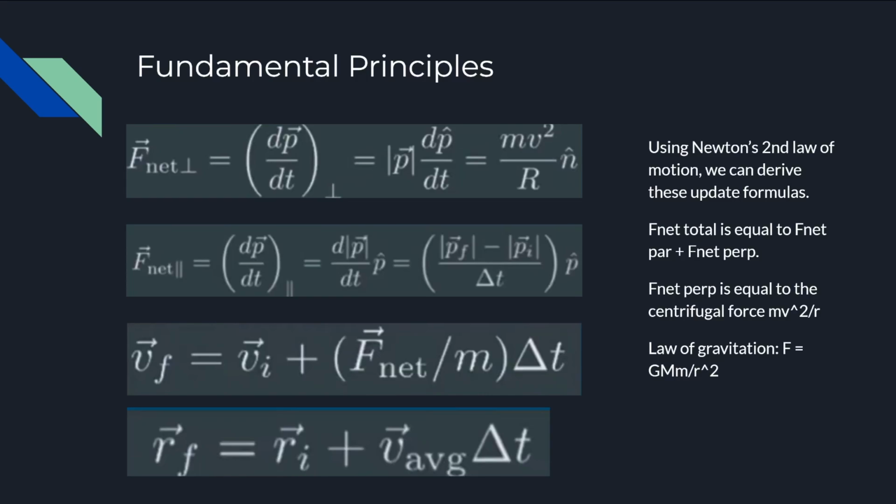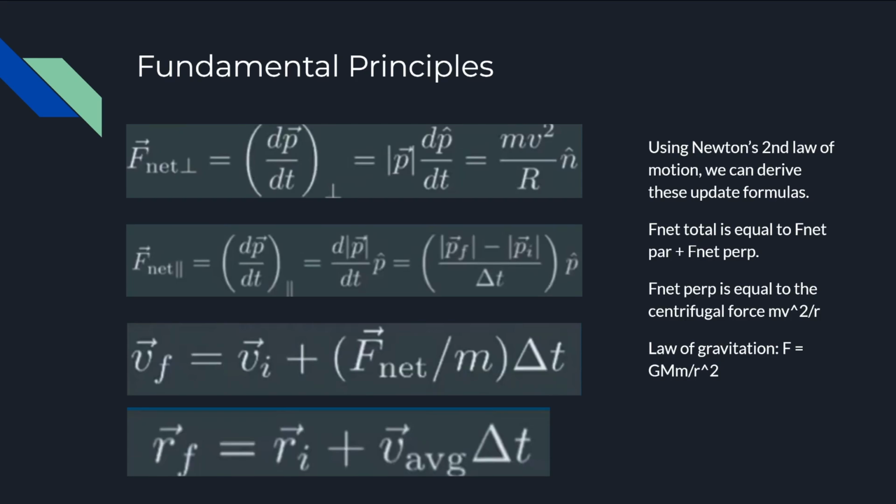The fundamental principles and equations that we will be using are the four given here. The first is to calculate FNet perpendicular. The second is to calculate FNet parallel. The third is a velocity update formula, and the final is a position update formula. We can derive all of these formulas using